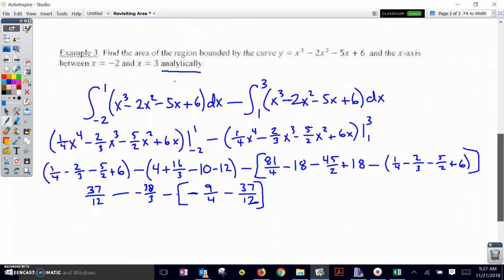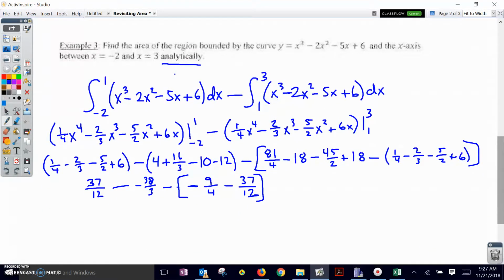Like I said, the calculation here is the worst part. Let's see, if I combine these together, that's 120, 152 twelfths. So we've got 189 twelfths minus, and that's going to be 327, negative 64 twelfths. And assuming all my calculations have been correct along the line here, and I didn't make a silly multiplication error,